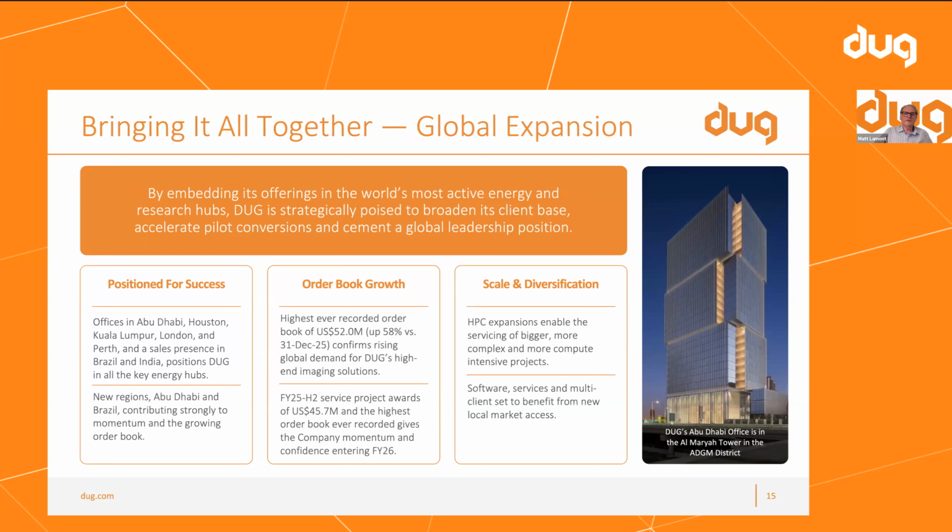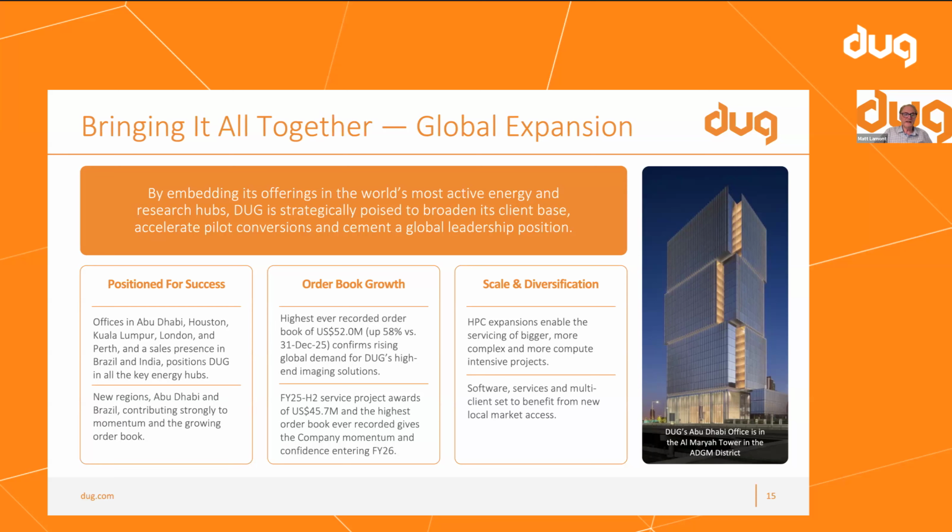You're aware that we've been globally expanding. I've touched on how well Abu Dhabi is now going and how well Brazil is going. So we've really now got our offices in the key locations around the world. The only place we might put a front end office like we've done in Brazil might be India, and maybe Vietnam. But we're winning a lot of Vietnamese work as it is. So we've got all the major offices we now need to cover the world geographically.